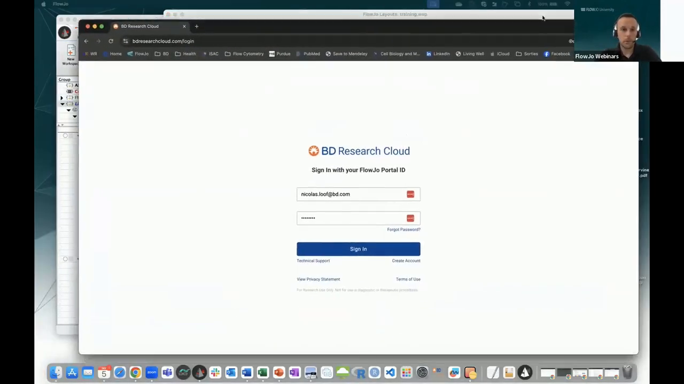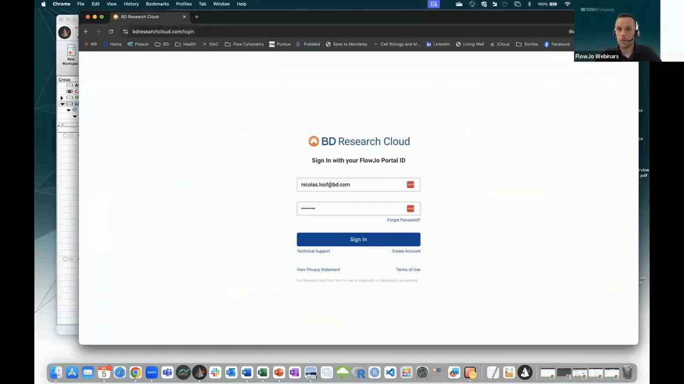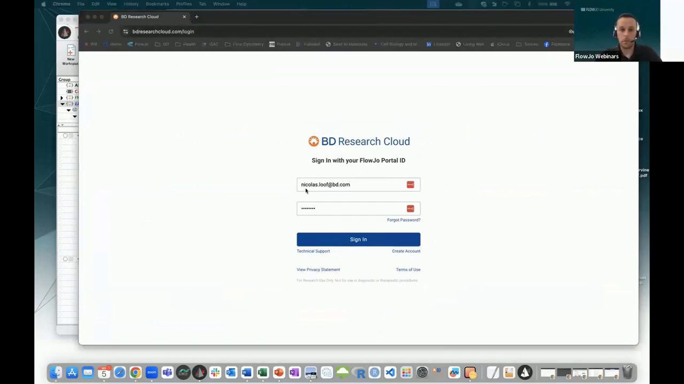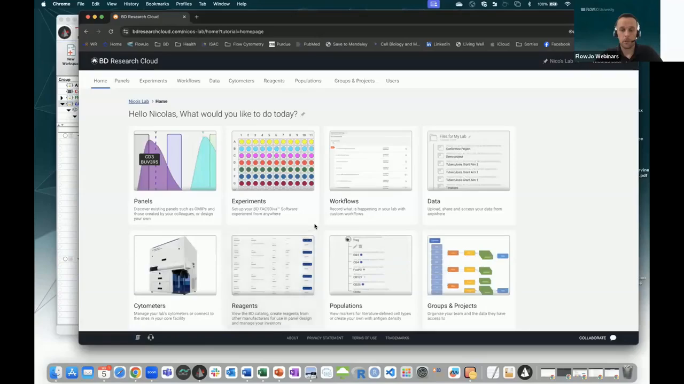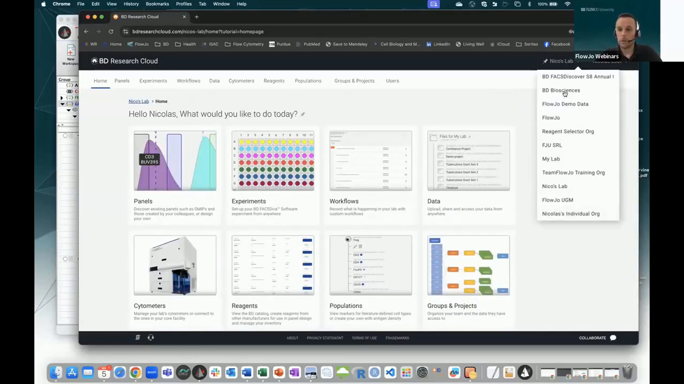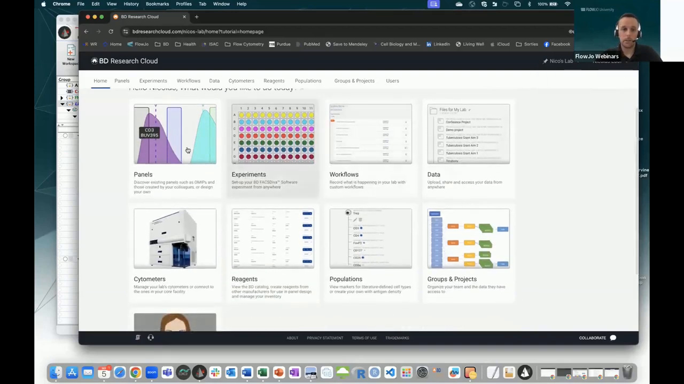So go on the bdresearchcloud.com website, open it. Here's my login information, sign in. There you go. And I have my BD Research Cloud. So I have my different organizations right there. So I can go in my lab. I can see my panels. What did I do? Let's go